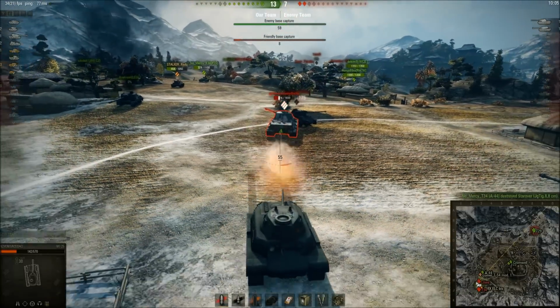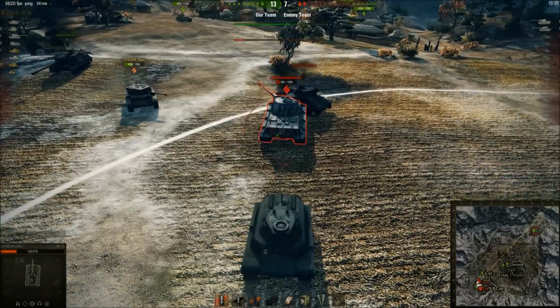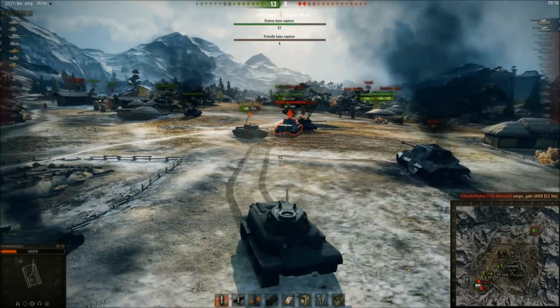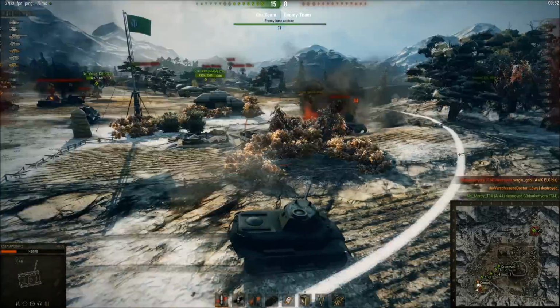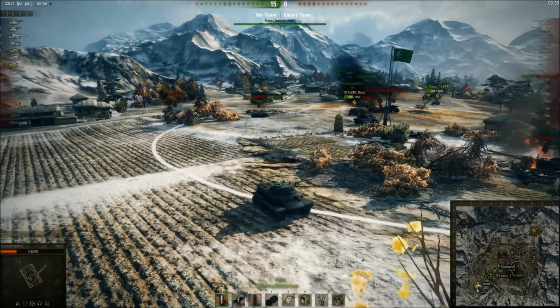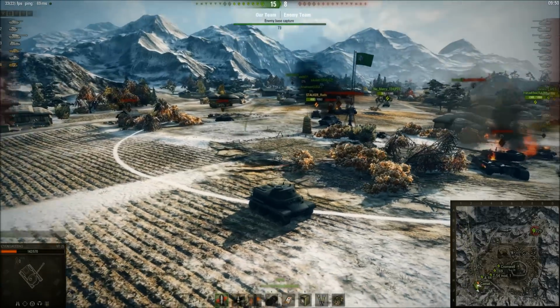There is a Lowe. Look at this rate of fire. Boom. 89 health. I bounce, and boom, I still managed to kill him. And there is a T-34, and I didn't really manage to kill that guy as well. It would have been 5 kills, but still it has been a very good game, and I managed to showcase